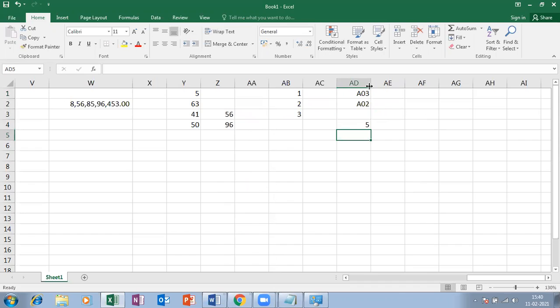So whatever I enter, automatically that employee ID comes. I don't need to enter that A, B and all. If I give 1, A01 will come automatically. If I give 2, A02 will come. So that is nothing but customizing it however you want. Instead of typing A01, no need to waste that time. If I give 02, it will just come like this. So custom format cell is this particular option.